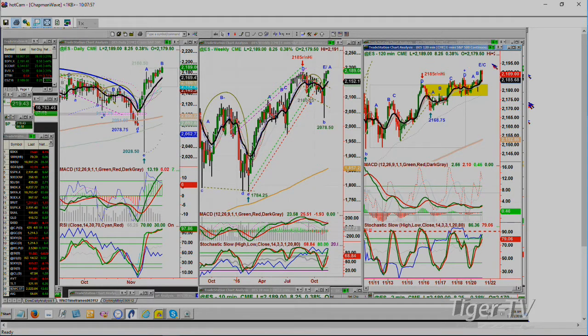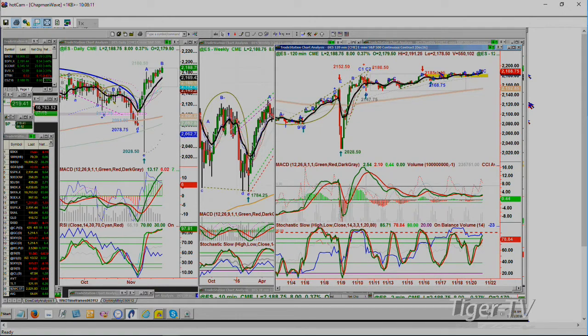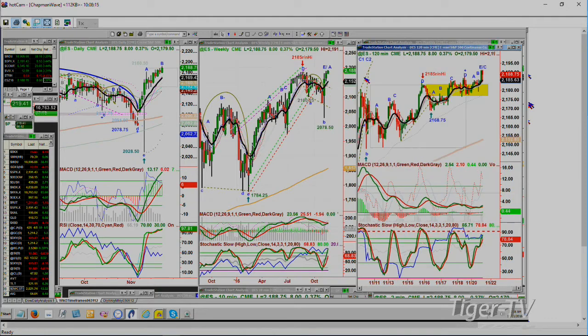The 120-minute chart right here is in an E/C. This is a little bit easier to see. My thinking right now is that there will be a D to come because it's taken all these sideways rectangle formations. Look at that. Long formation broken out. The little yellow rectangle, long formation breaks out. So I think it's a positive. Dow's lagging a little bit. You've got the 500 S&P catching up. That's fine. So the support is at, look, let me do this